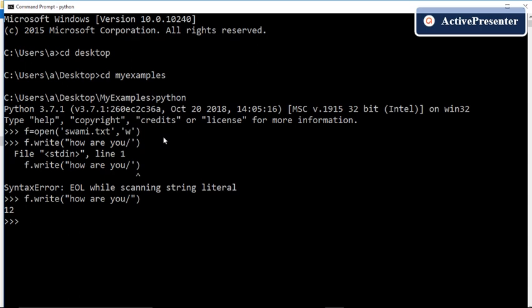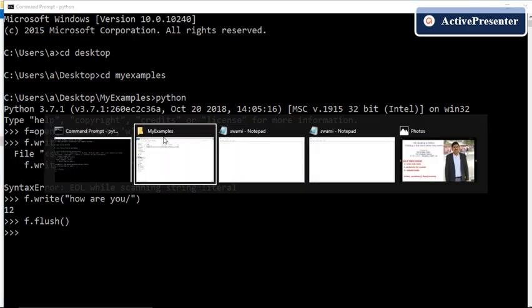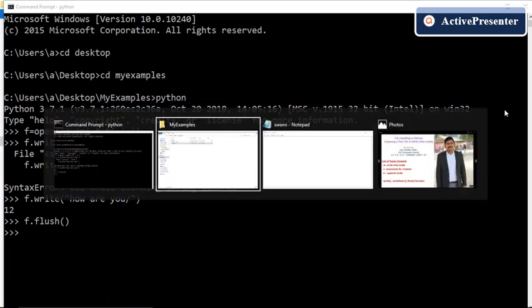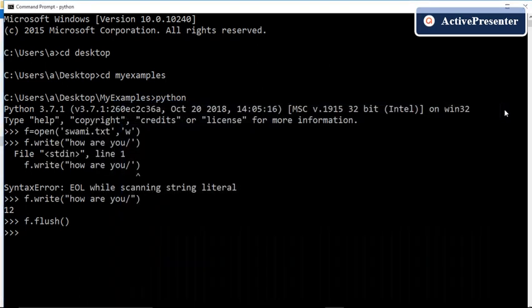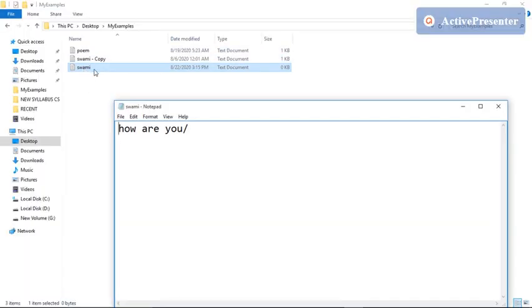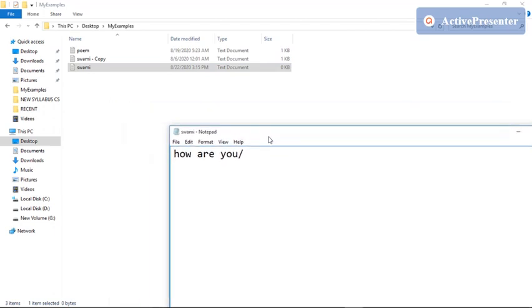So let us use this flush function. If I use this flush function, let us see what is the impact of this. I have closed the already open file. Again I am opening this swami.txt. Okay, so we can see that by using flush function, the content of the buffer has been transferred to the disk file.